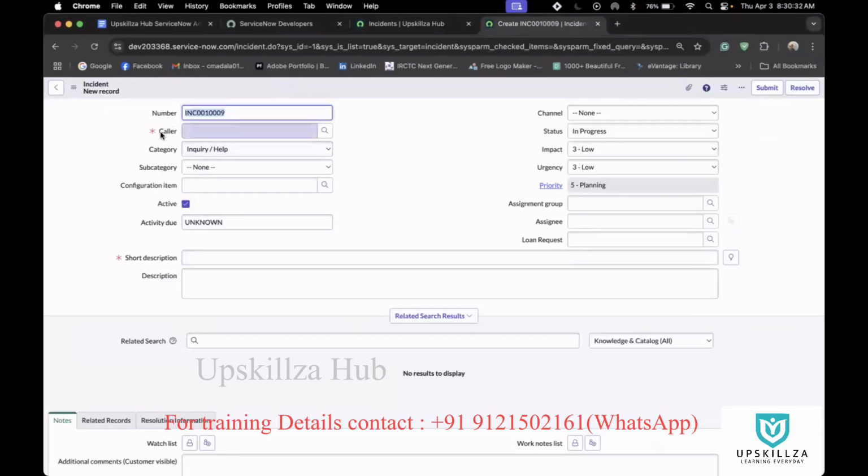Whenever you are logging in, the caller and short description are mandatory, the status is In Progress, and impact, urgency, and priority have been set. What I'll do is change this impact and urgency so that the priority will be automatically changed based on impact and urgency. And I'll make this short description field non-mandatory on load. Right, for that,